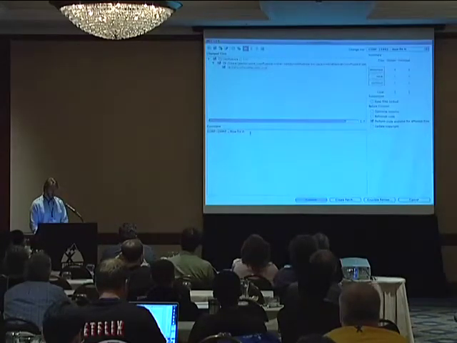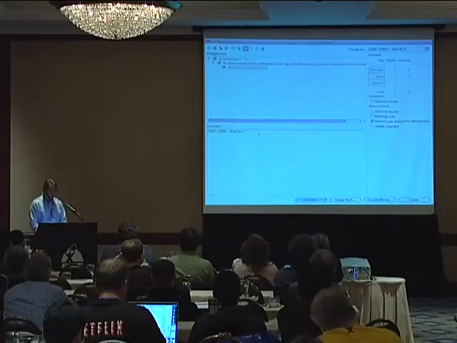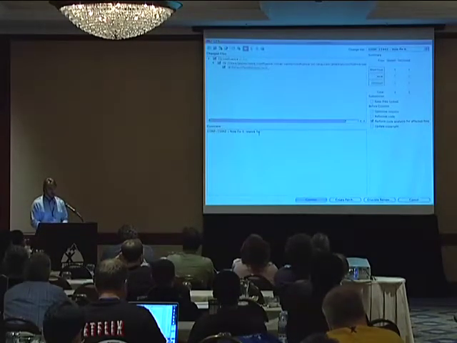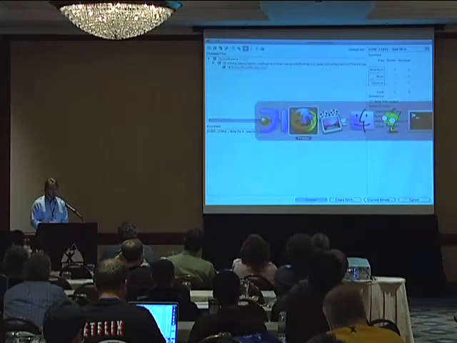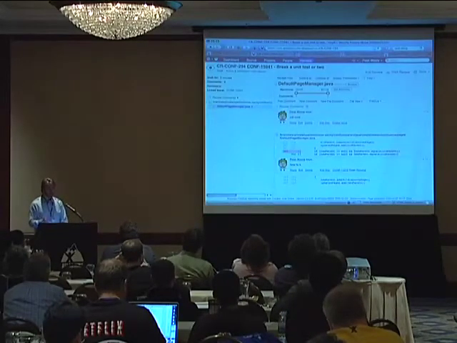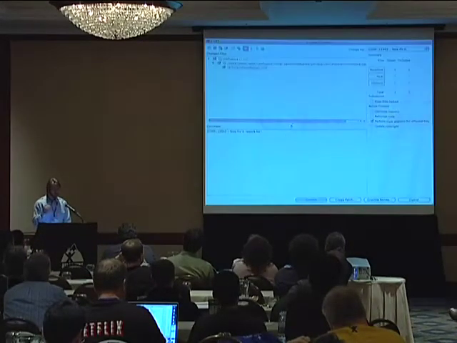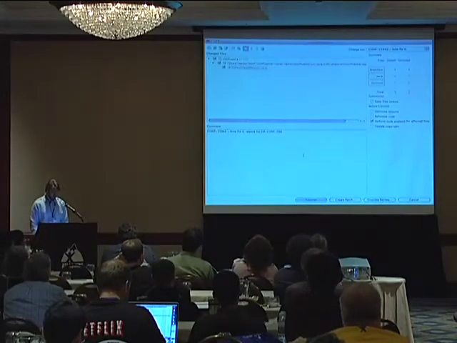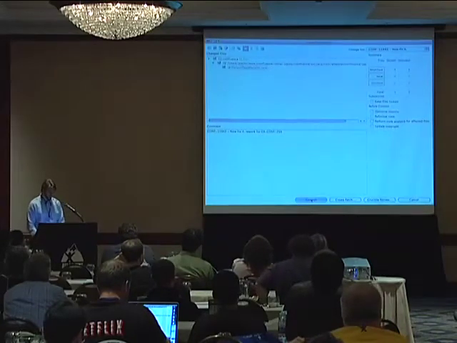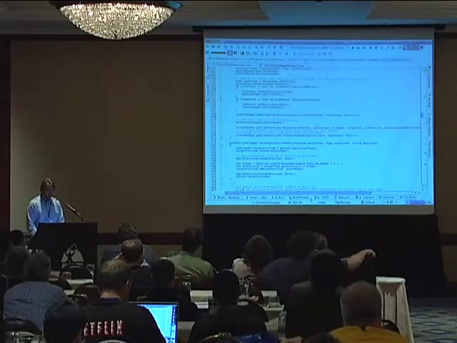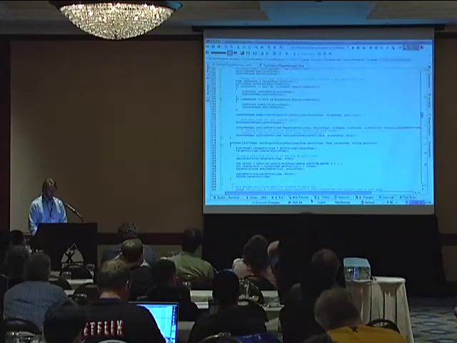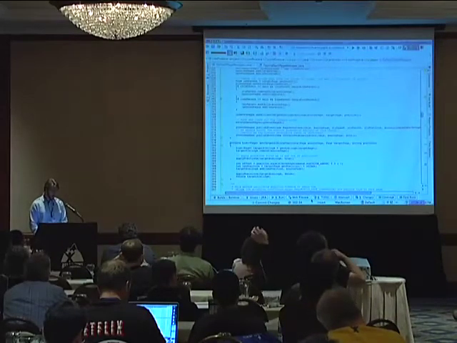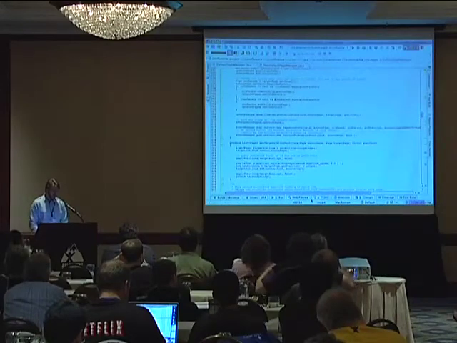Also a very good idea to put the Crucible ID, in fact any ID, into your commit comments, because then Fisheye can do interesting things with it for you. So here we're going to paste in the key to our review, and we're going to commit eventually. All right, committing changes. There we go.